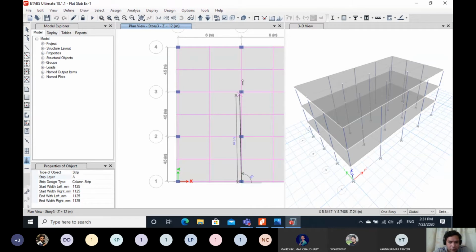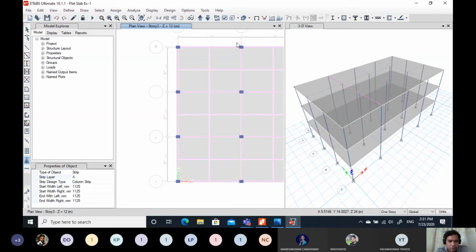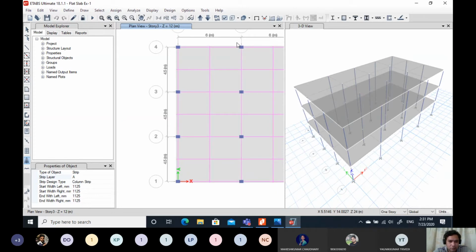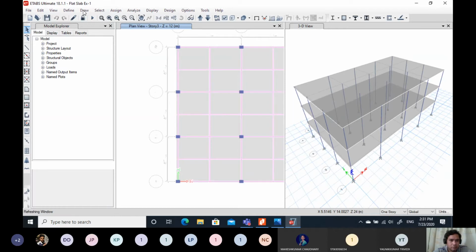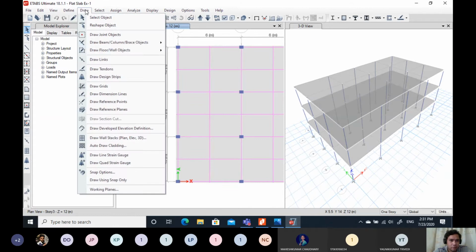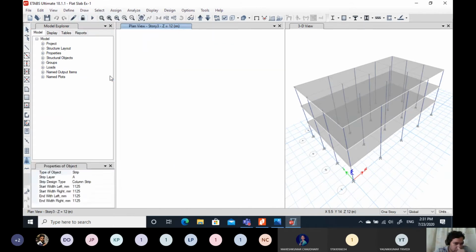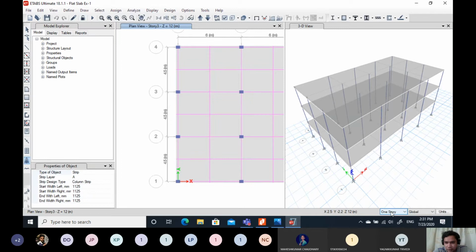Then from this point to this point, okay, we made one mistake. Control Z, draw design strips. But here select all stories, otherwise we have to repeat the same procedure for all the stories. By selecting all story, whatever we draw in one story will be replicated on all other stories also.